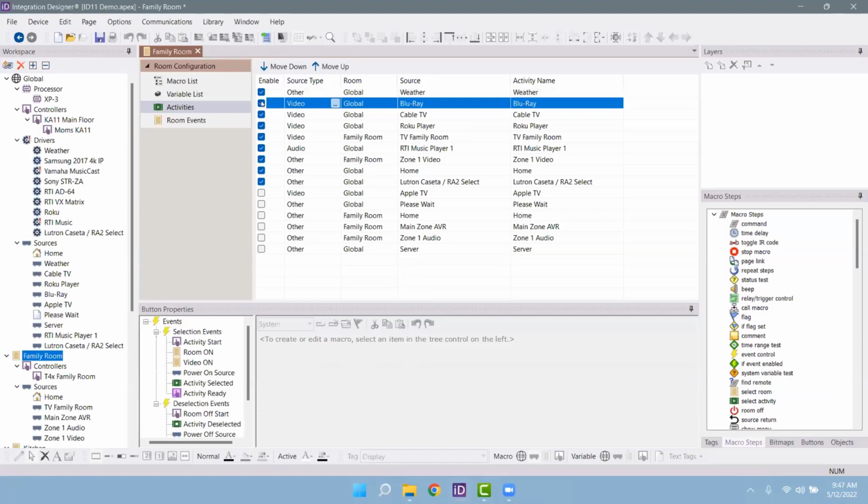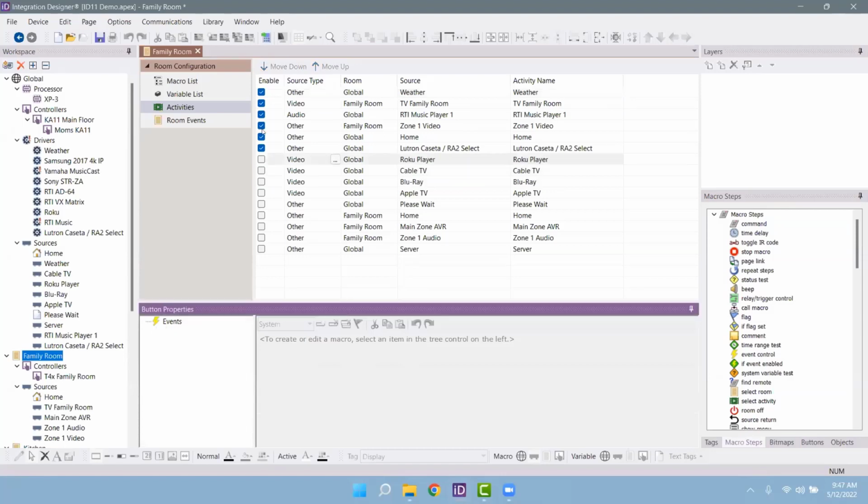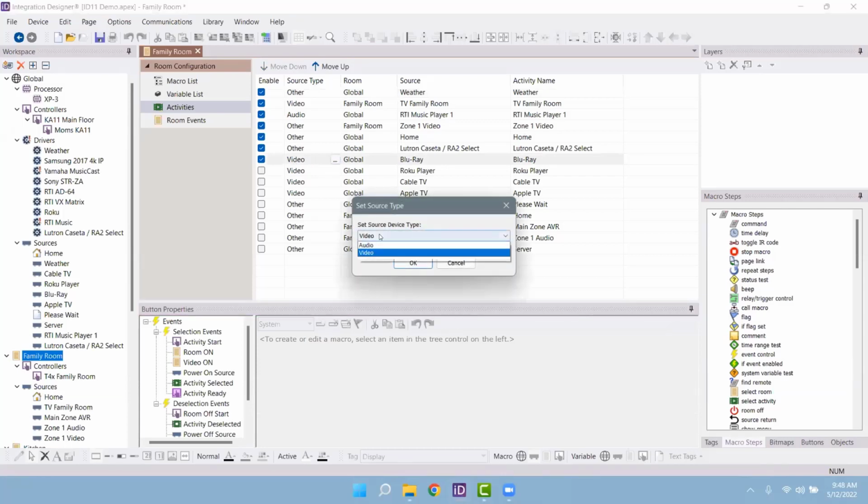I can enable it or disable it from the menu. So I disabled it and it goes to the bottom. So you have the ability now to figure out what you want to put in the list or not. You could categorize devices. Video, is it audio or is it other? Video and audio are obvious. Other devices are going to be home pages, lighting, climate, anything that doesn't require switching or commands to be run,